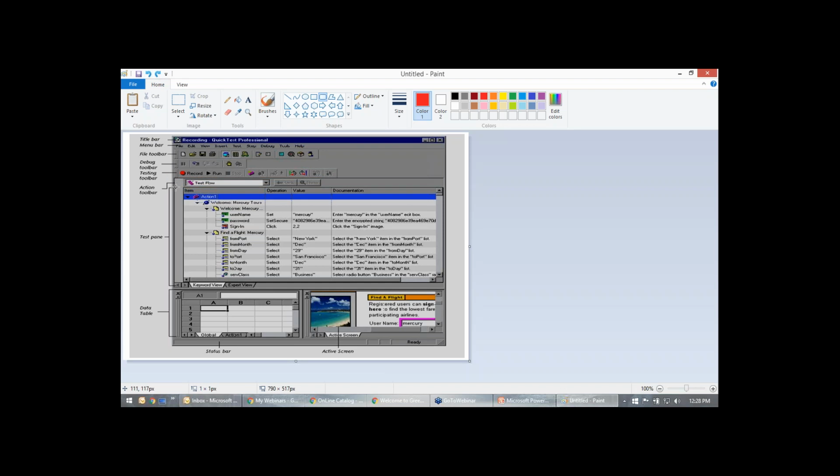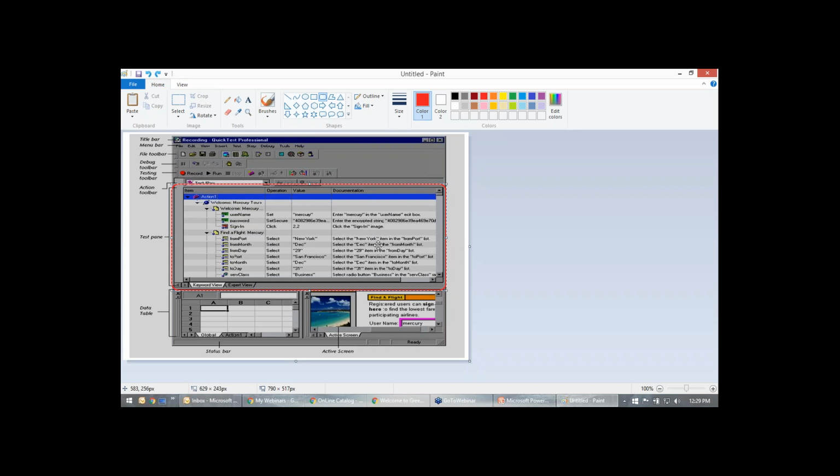Then you have what is called the test pane, where there are two views: keyword view and expert view. Normally in expert view you write the code, or the code is generated there, and you can see all of it. In the keyword view, you are actually viewing the objects, their operations, values, and documentation, which is the information about that object.